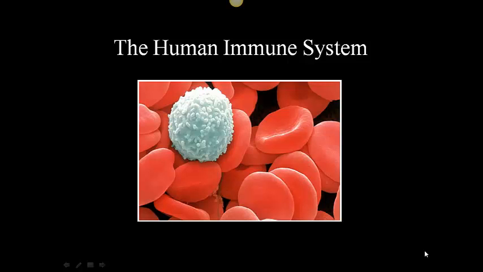This podcast is on the human immune system, just a real brief overview of some of the major players, and you can put that as the heading in your notebook for this part of your notes. This picture that we're starting with shows a whole bunch of red blood cells with a nice little bacteria cell nestled in there. We're going to be talking a little bit more about bacteria as we go through this slideshow.